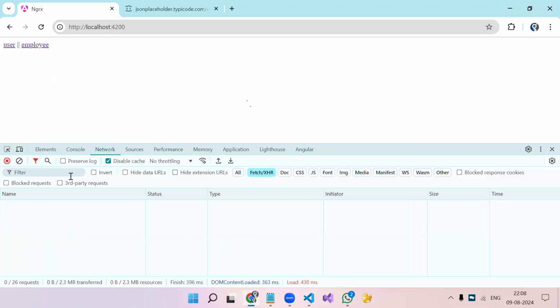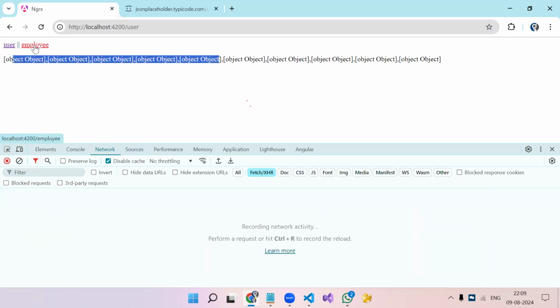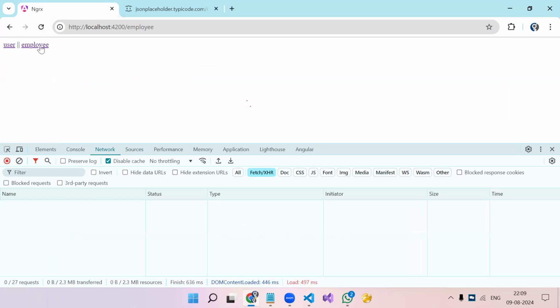Okay. So first, currently no route is activated. We just have the app component. Now, if I navigate to the user, on the user component the API call got made and data is also visible. Now I'm just clearing it. Now, if I navigate to the employee, in employee also you are able to see the data. Okay. But now if I refresh, and I'm on the employee page, that data is not visible because the